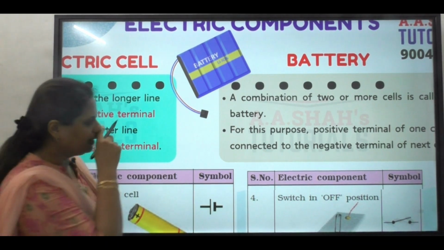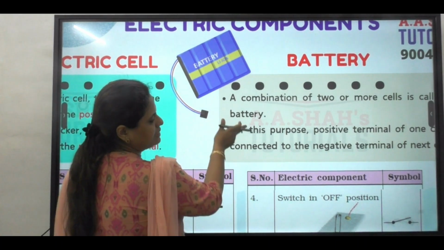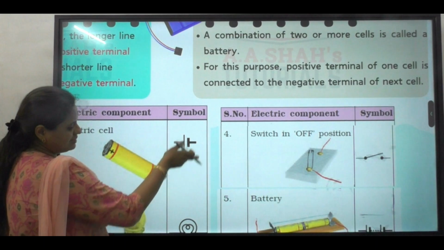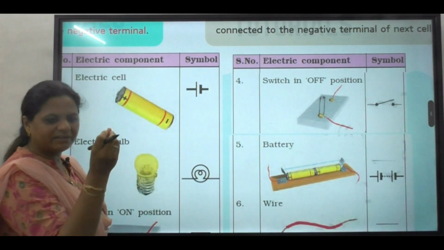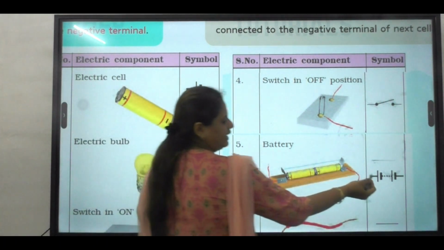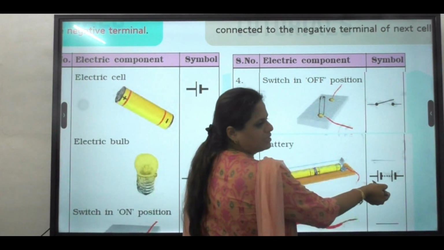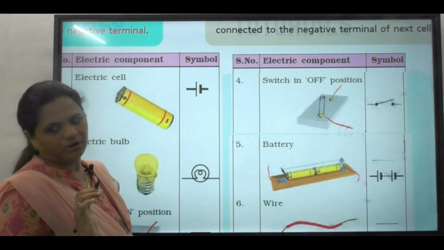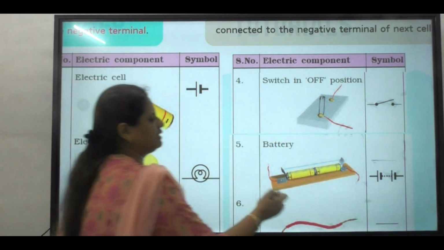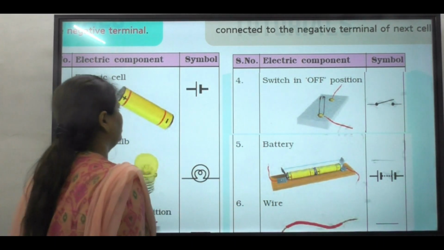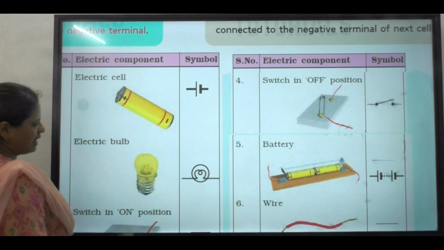So how will you connect batteries? Everybody knows, if a small child connects batteries in the wrong manner, the vehicle or the remote control will not work. When you have positive and negative, you attach the next positive to this negative. If you don't do it in the right manner, your device will not work. So it's very important: positive to negative, and the next battery is also positive and then negative. So that is a battery and a cell.